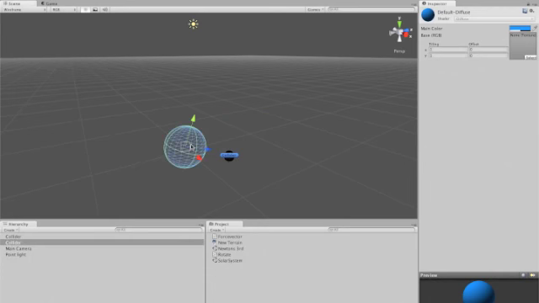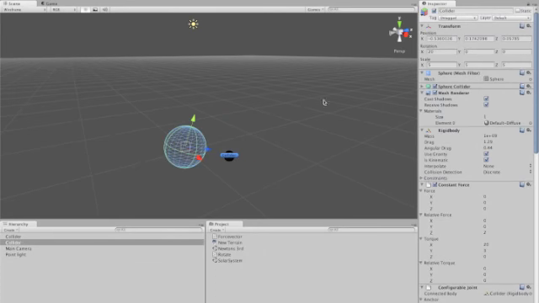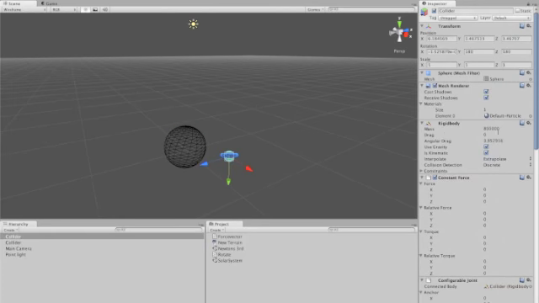Here in Unity 3D again, I have built a wireframe sphere diagram of the Earth and the Moon. You can see that I've predetermined the mass here of the Earth, which in this case is not exact, and then also the mass of the Moon here. So when we hit play,